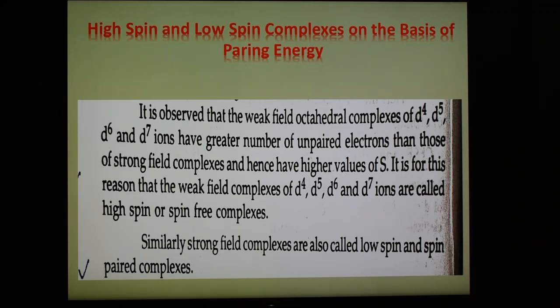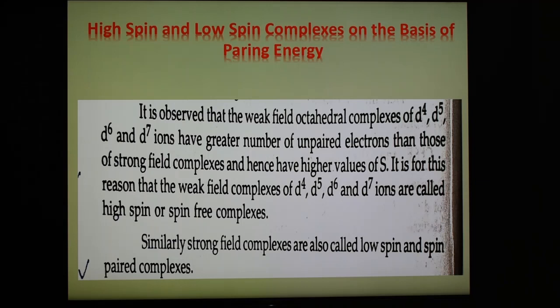Now, high spin and low spin complexes can be explained on the basis of delta O and pairing energy. For octahedral complexes containing weak ligands, the energy difference delta O between the t2g and eg sets is relatively small. Hence, the energy of all five d orbitals is supposed to be the same. Therefore, the filling of t2g and eg orbitals takes place according to Hund's rule, that is, electrons pair up only when each of the five d orbitals is at least singly filled. In an octahedral complex containing strong ligands, all three d orbitals of the low energy t2g set are filled first, and then the two d orbitals of the high energy eg set are filled.